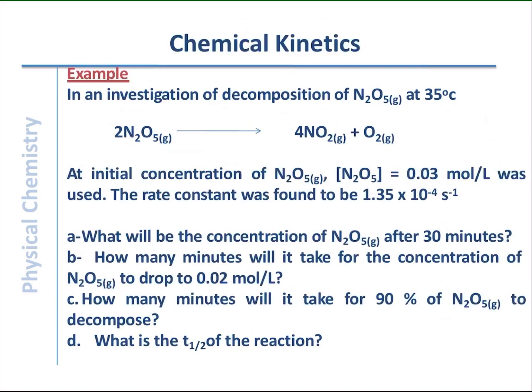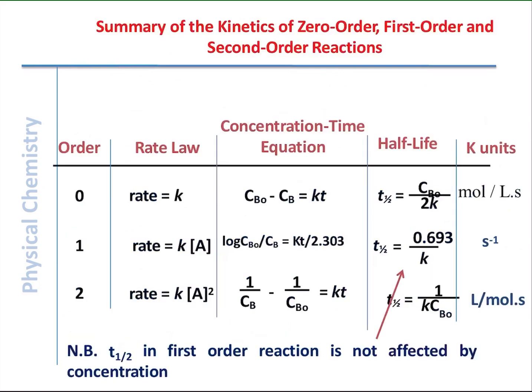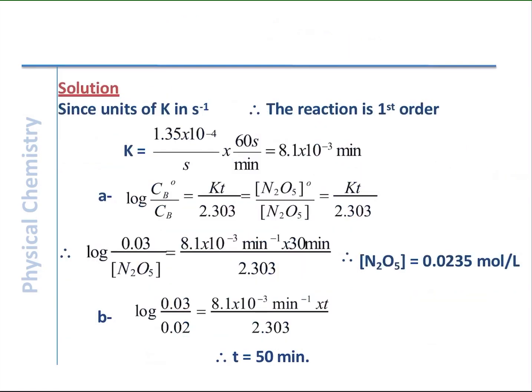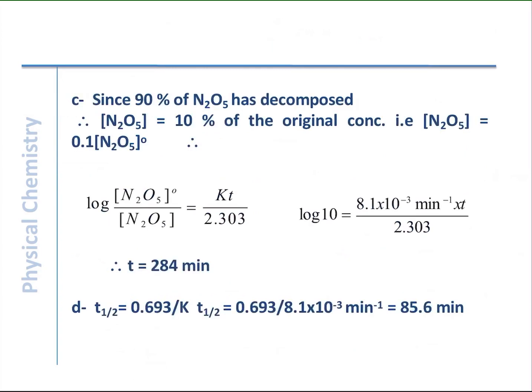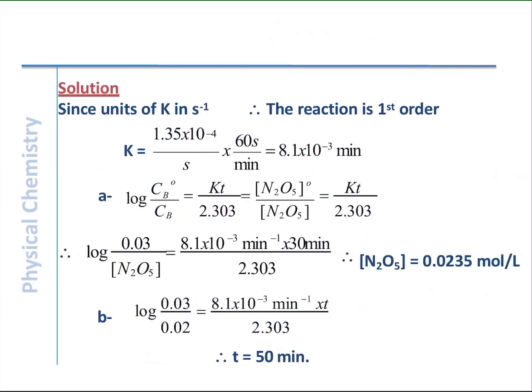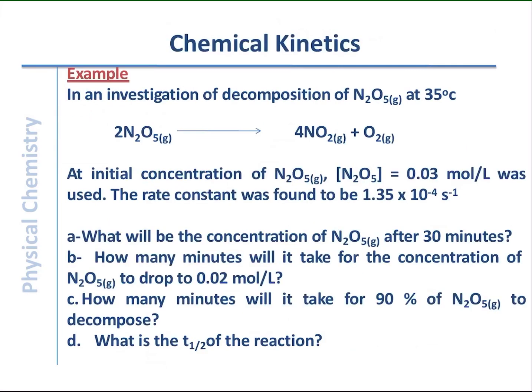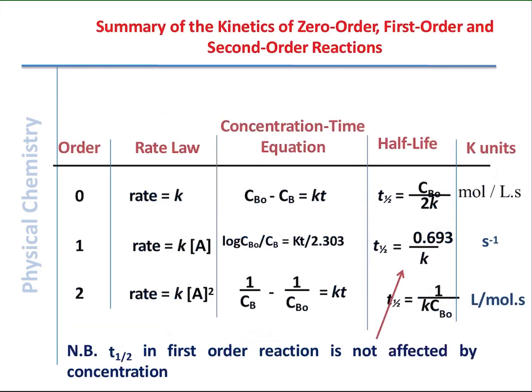In D, what is the T half of the reaction? Directly you can calculate it from here: 0.693 divided by the rate constant. You will find that it will be 85.6 minutes. So you can calculate all these using this table,